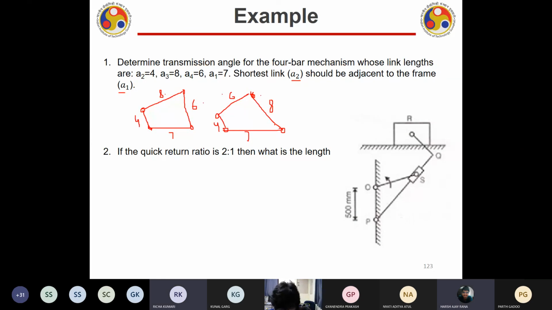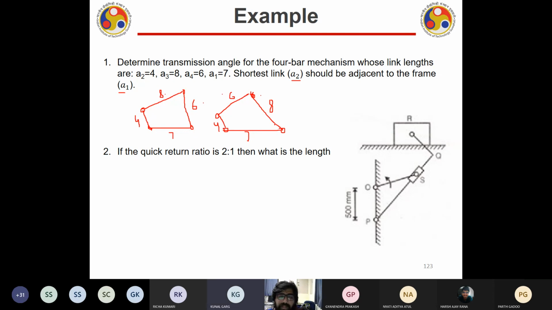Okay. Who else? Kunal Garg, you got the answer? Sir, I got the expression, but I don't have any calculator. Okay. Fine. But I believe that you should have your calculator ready all the time, because we may do the tutorial class also, no?